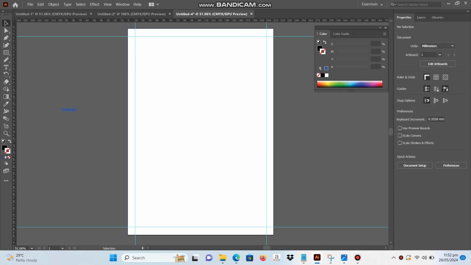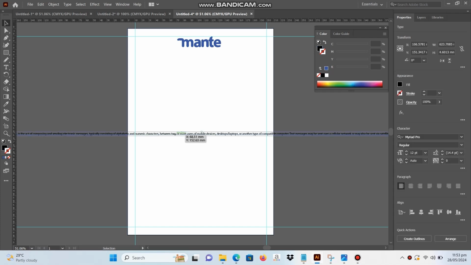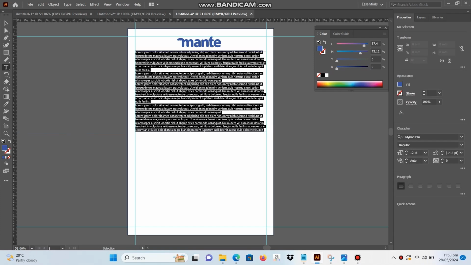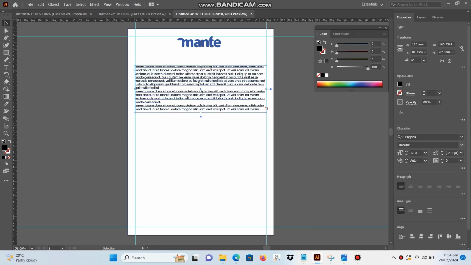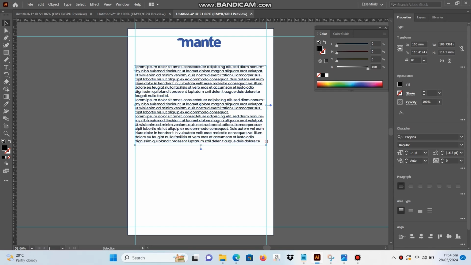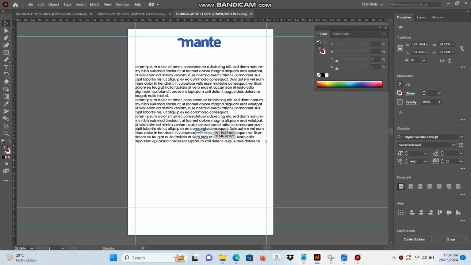And then I'm not going to use blue color for our letterhead, because we are going to use this letterhead for professional purposes and for client purposes. So it has to be professional, minimal and yet elegant. Then I'm just using some Lorem text to show you how it's going to look, and just select any text. It would be better if you use the same fonts as you were using in all your designs. So don't use too many fonts. Just decide as per your brand nature or story.